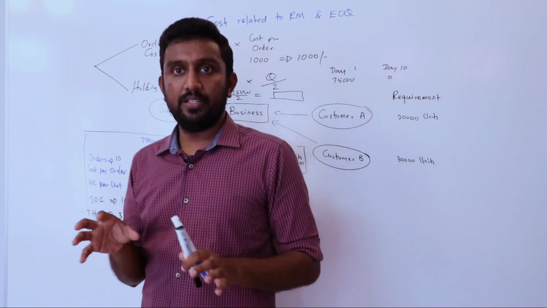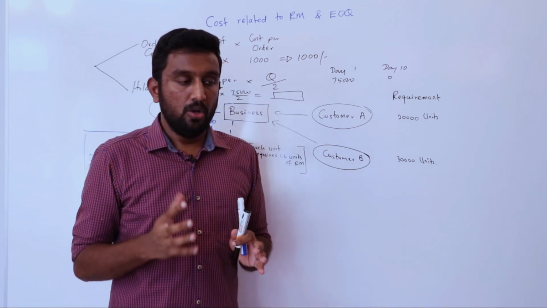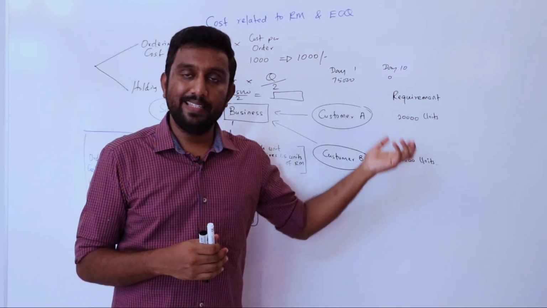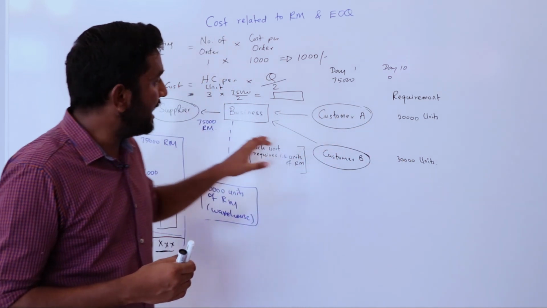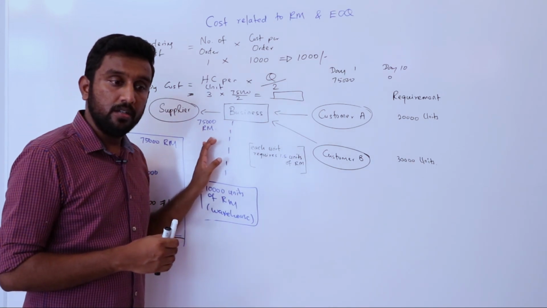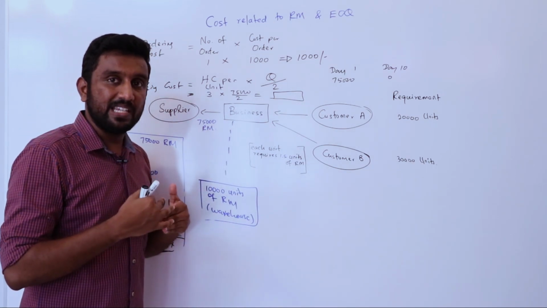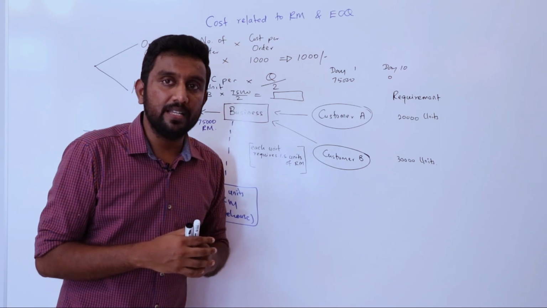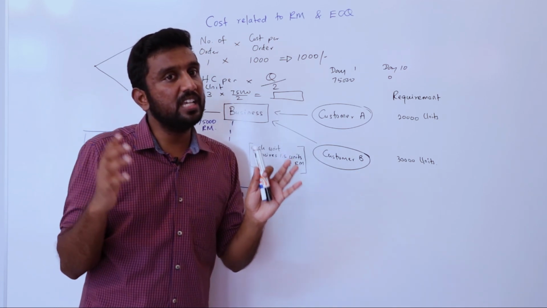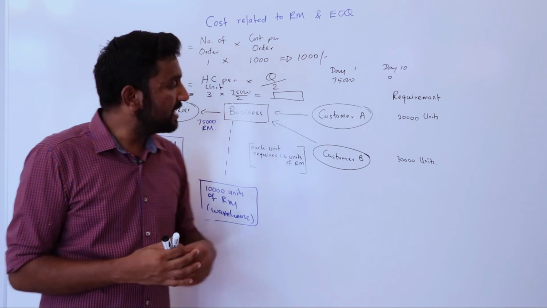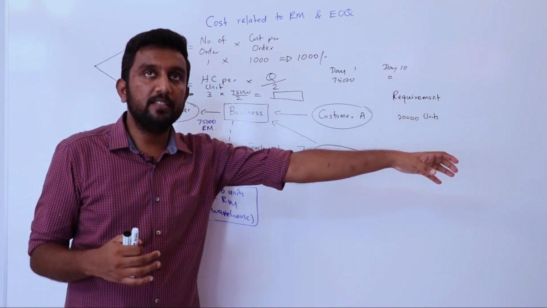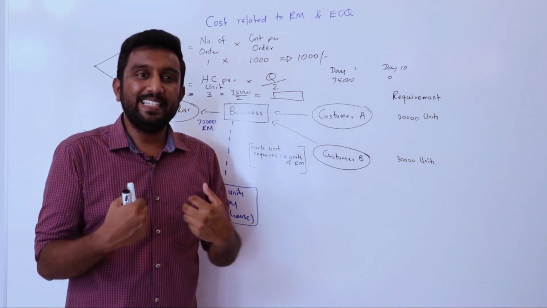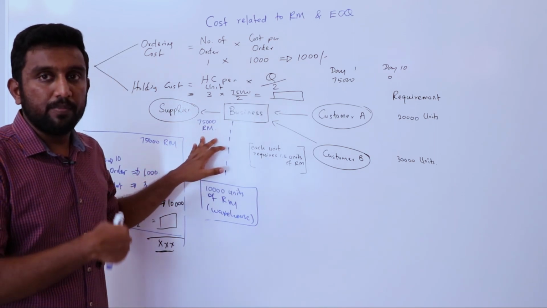So let's have a summary of this. A normal business has a request from customers to make some product. In this scenario, they are making ice cream cups and they need 75,000 units of raw material. At the very early stage, they order the entire 75,000 units from a supplier to make the ordering cost less. They didn't think about the holding cost or how they were going to store the quantity. They just made the order because the supplier is in another country, and it is easy for them to get the entire thing from the supplier.